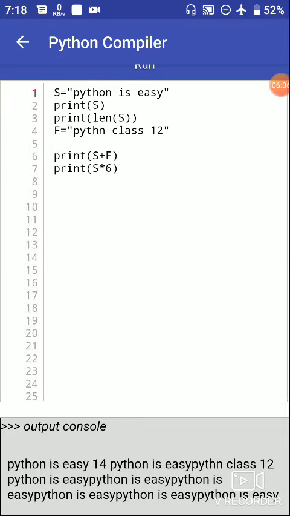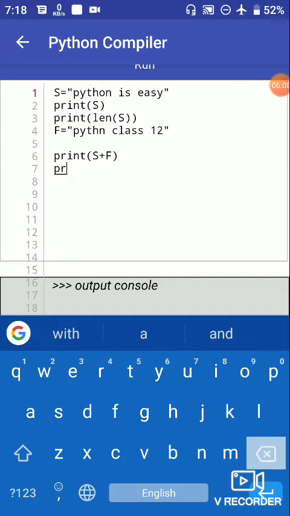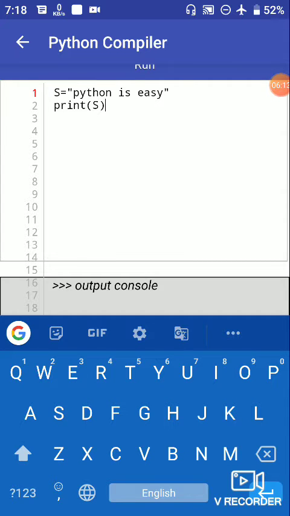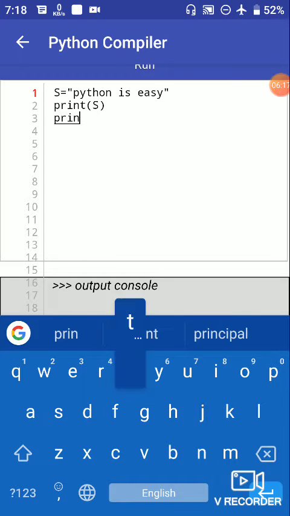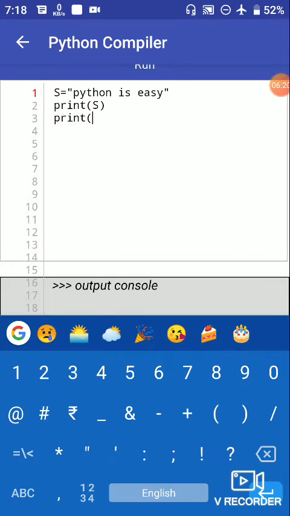Then the in and not in operators. First we delete this whole thing, and then we try to find out whether a character is in that string. For in and not in, we try to find out the y character in this string or not.